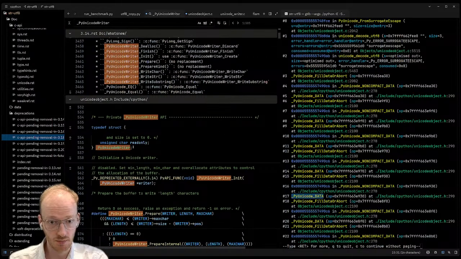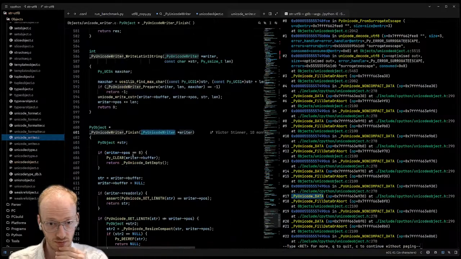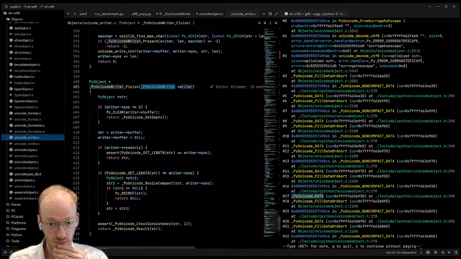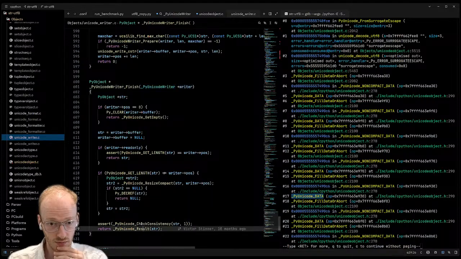We need to finalize it somehow. It's just an inline structure, so I think we can just probably ignore it. Just checking.